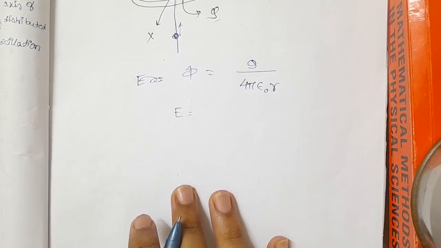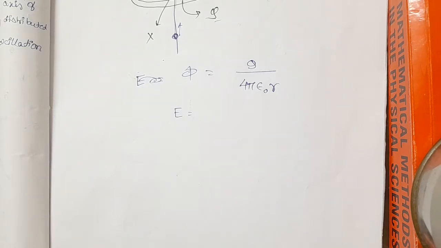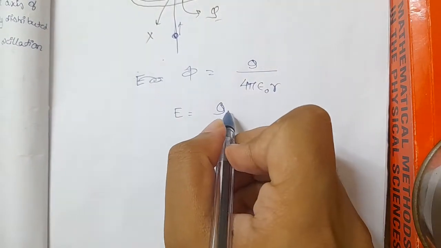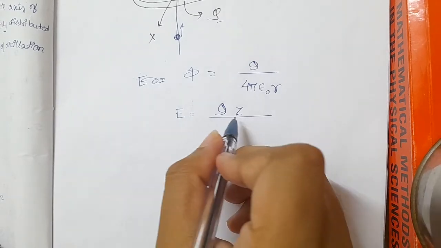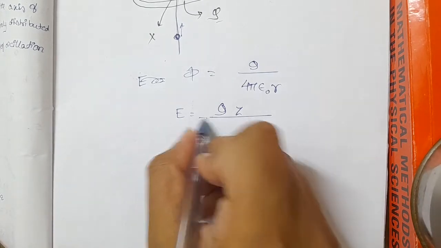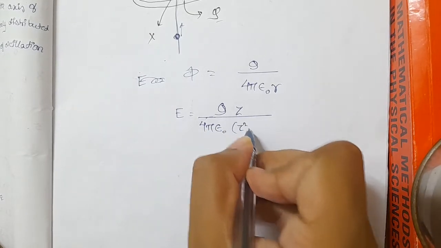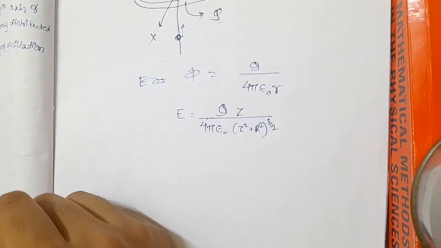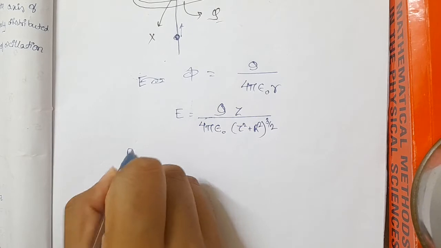Only thing is that whatever long expression I have written in the earlier case, sigma 2 pi r del r, that you have to replace by Q. That's it. So directly you can write Q z. I'm not writing it in the form of vectors. So, over (z square plus r square) to the power 3 by 2. So the force that the electron will be experiencing